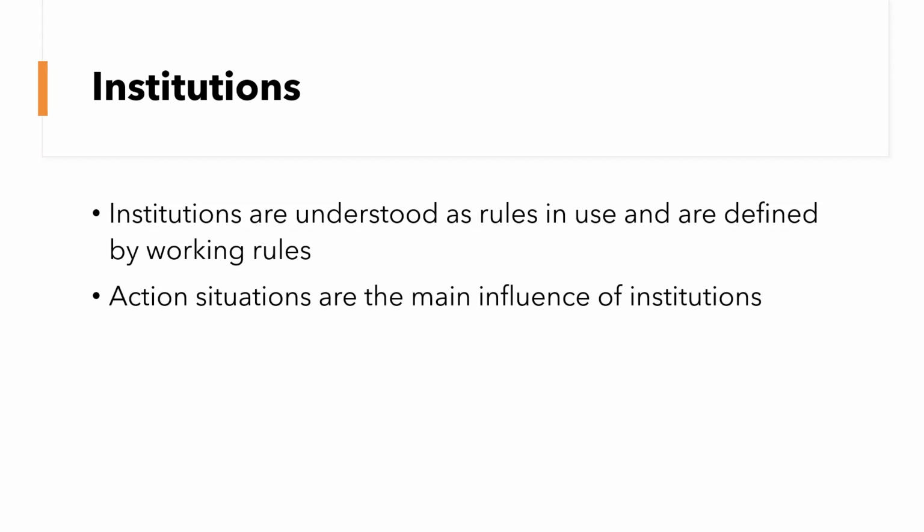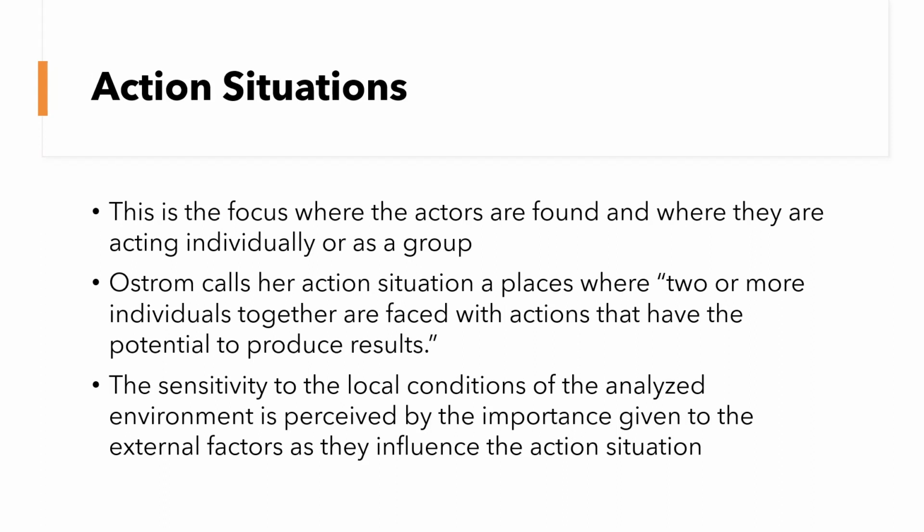And continuing on with that idea of action situations. So action situations, this is the focus where the actors are found and where they are acting individually as a group. This is where the observation and information gathering begins. The actors begin to engage in their interaction patterns and perceive the results of their own interactions. Ostrom calls her action situation a place where two or more people together are faced with actions that have the potential to produce results. Some examples of this are buyers and sellers exchanging goods at the market with customs like haggling,